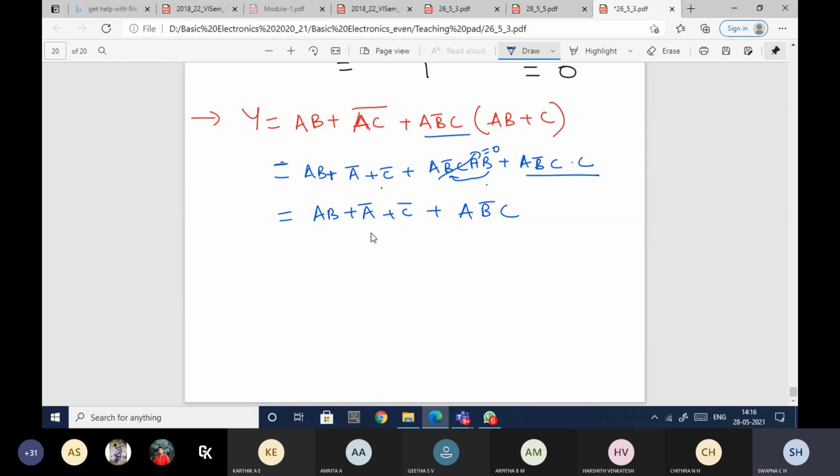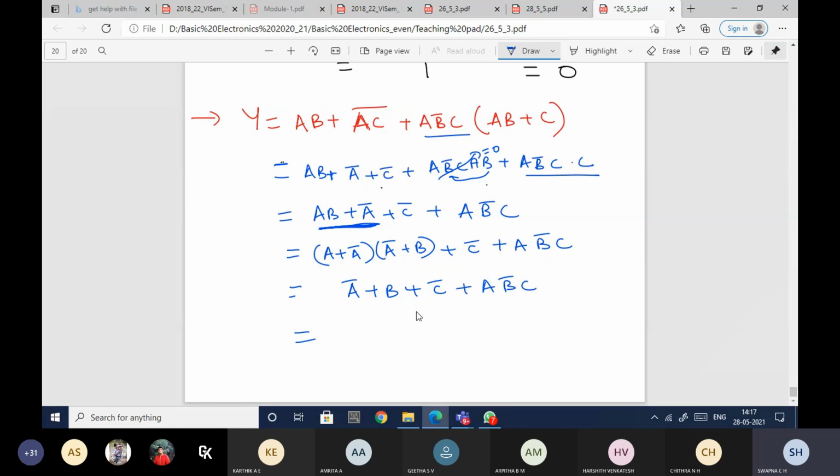Okay, A B bar C equal to, now here what I can do, I can use De Morgan's law, so that it will be A plus A bar into A bar plus B. Anybody have doubt here? Plus C bar plus A B bar C. Okay. So A bar is nothing but 1. So I'll be just left out with A bar plus B plus C bar plus A B bar C.